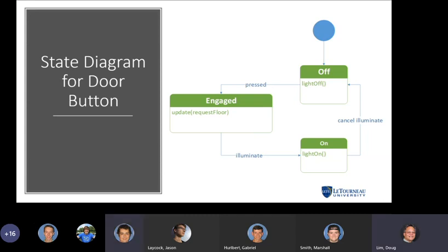Actually, I guess it wouldn't be request floor, would there? It should be up or down. That's what could be wrong here. You could incorporate the direction into the floor request by just a positive number is up and negative is down.